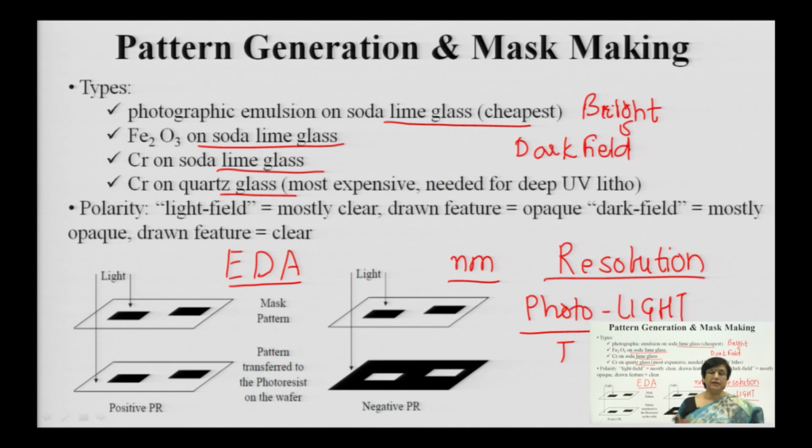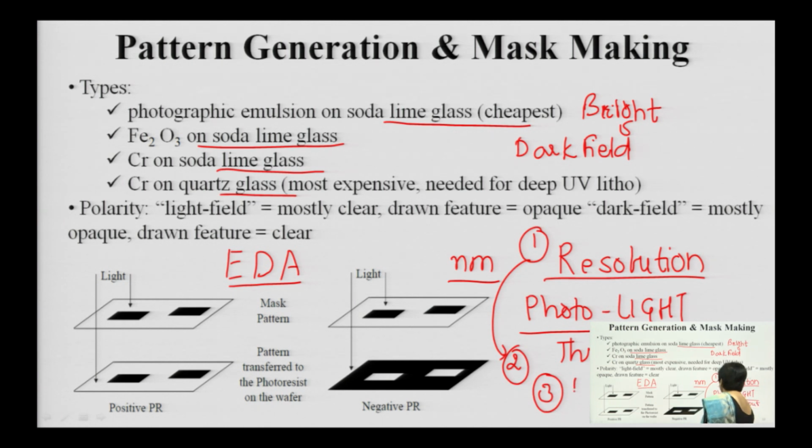And the third one is, in the case of photolithography, as I told you initially itself, there are 3 performance metrics normally considered as far as the photolithography process is concerned. One is resolution, another is throughput or efficiency, and the third one I call depth of focus. We will see their meanings and other things, but for the time being I am just telling you why these are important.